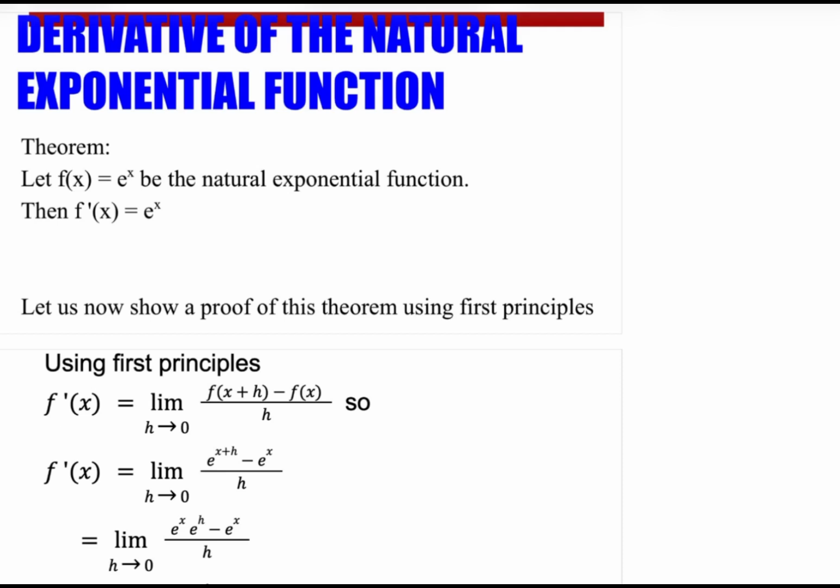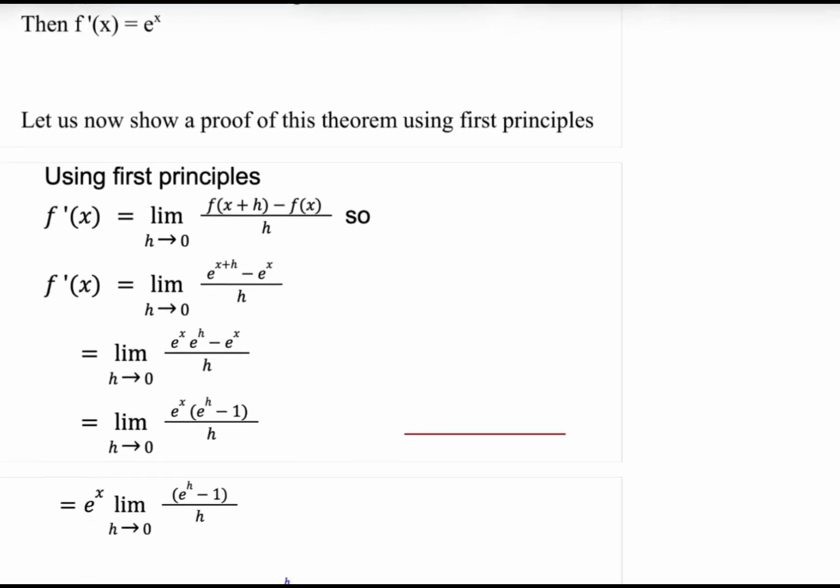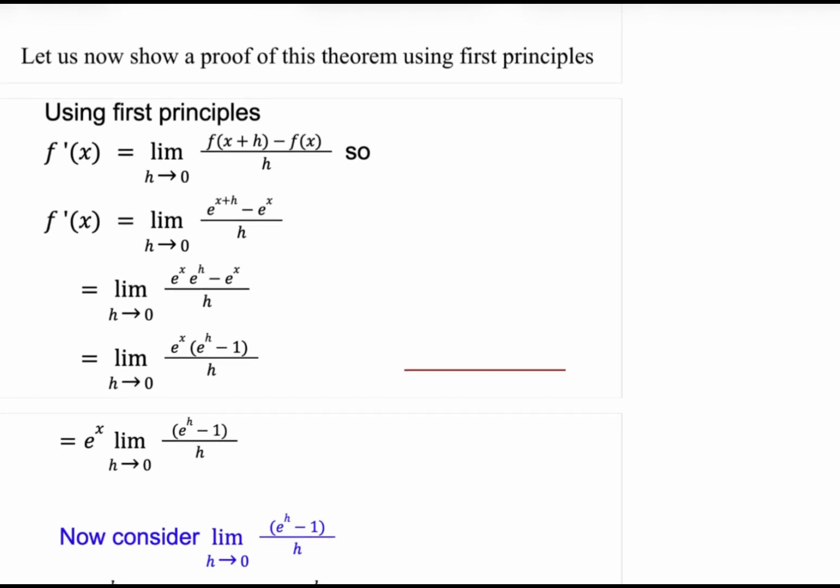The theorem says let f of x be the natural exponential function, then f prime of x equals e to the x. So let us now show a proof of this theorem using first principles. So using first principles, remember f prime of x is equal to the limit as h approaches 0 of f of x plus h minus f of x over h. So f prime of x will be the limit as h approaches 0 of e to the x plus h